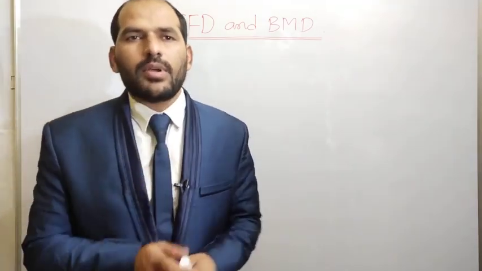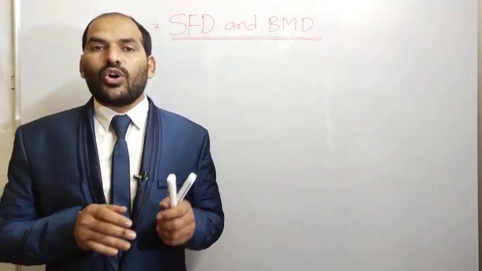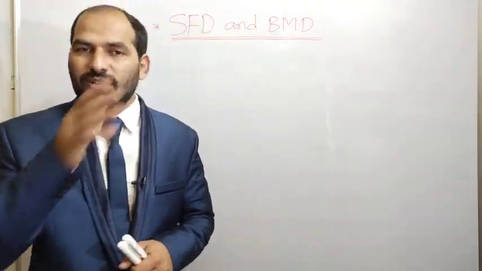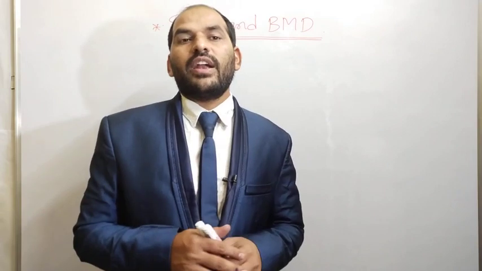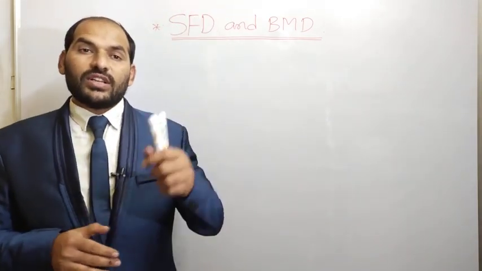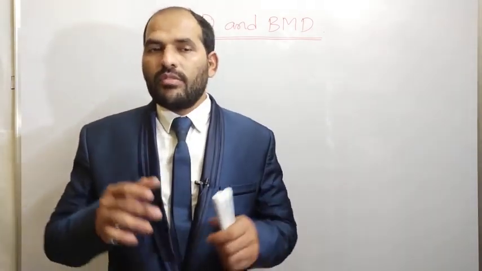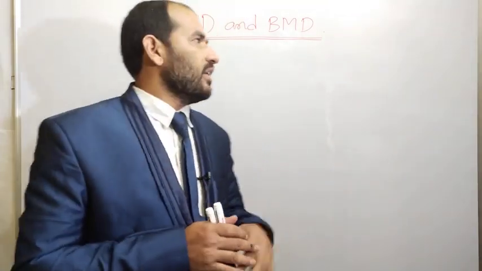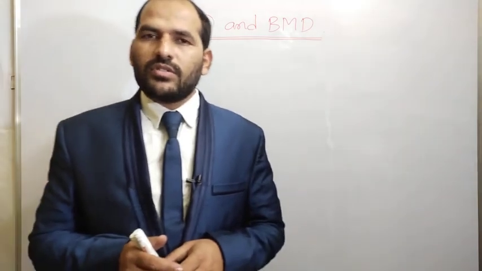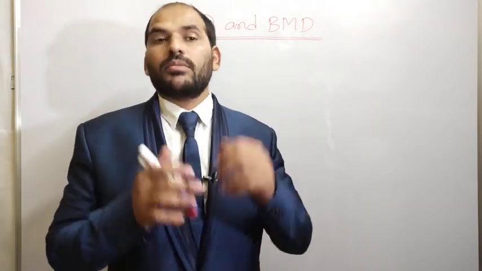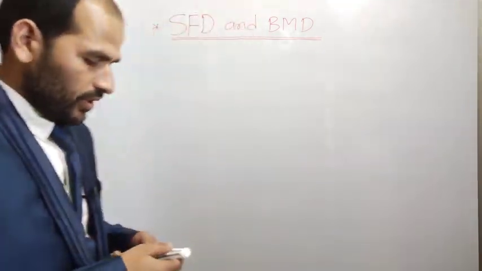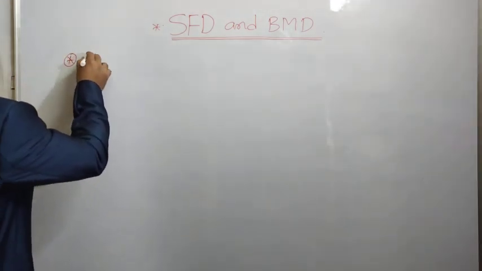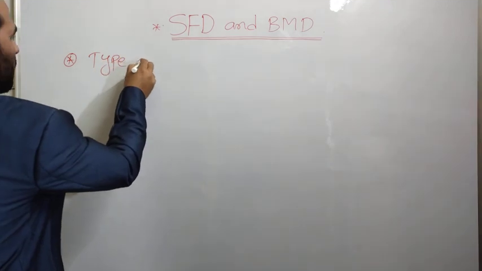In these different types of beams, how many reactions are developed, what is a simply supported beam, what is a cantilever, what is a fixed beam, what is a continuous beam, we will discuss now. This is very important in the discussion of shear force and bending moment. The type of the beam is very important. So our discussion is about types of beams.